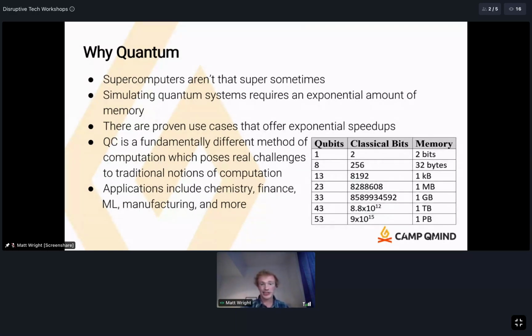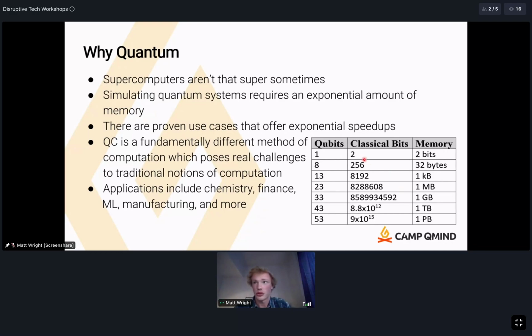Why? Well, take this example. You have two qubits, right? They can be either 0 or 1. So the possible states or combinations are 00, 01, 10, 11. That's just like a classical computer or a classical bit. A classical bit can take one value of those four. But the thing about quantum computers is that they can have a superposition of all those values. So you have to be able to represent all those values at once. And that's where this exponential amount of memory comes from.